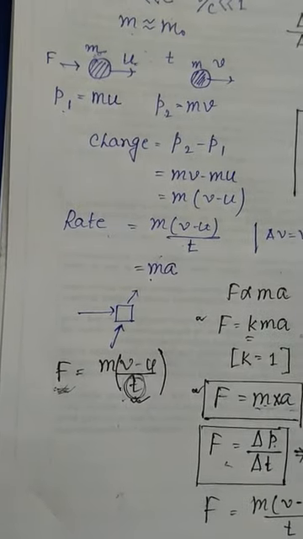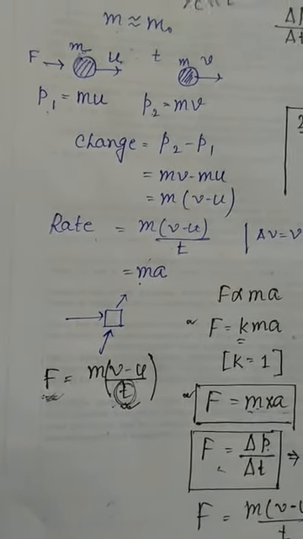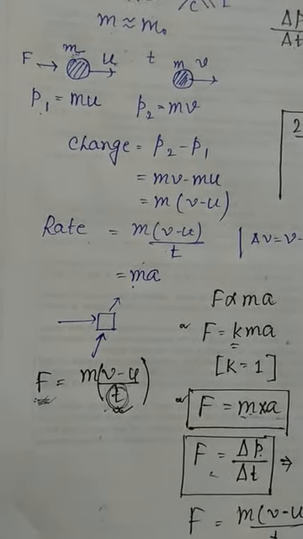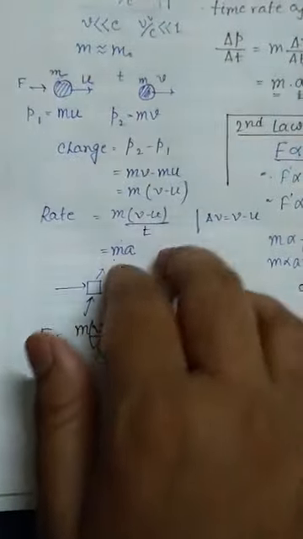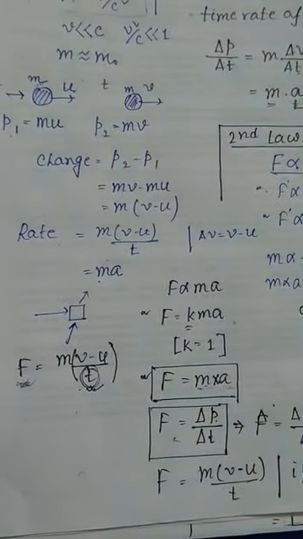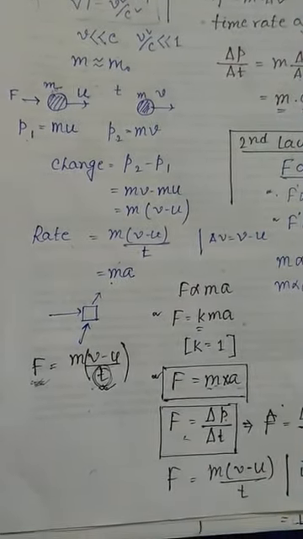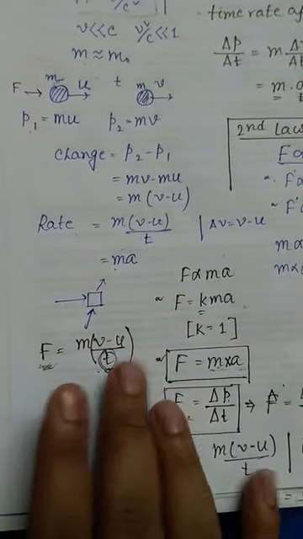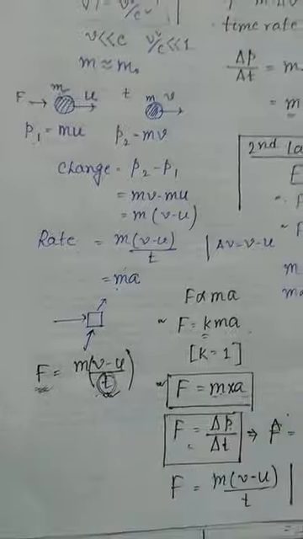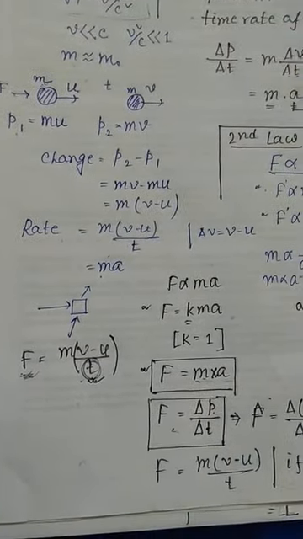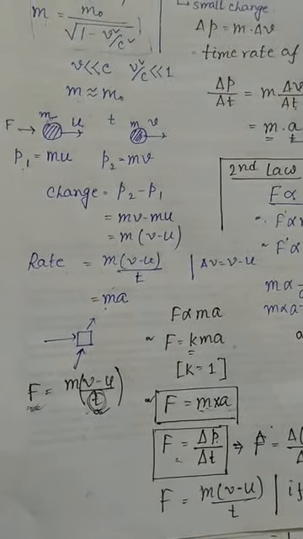There is another example. Athletes often land on sand or foam after taking a high jump. So when someone is doing a high jump or long jump, they generally land on sand, right? Because the same phenomenon happens there. It gives more time to change the momentum, because the sand is soft.